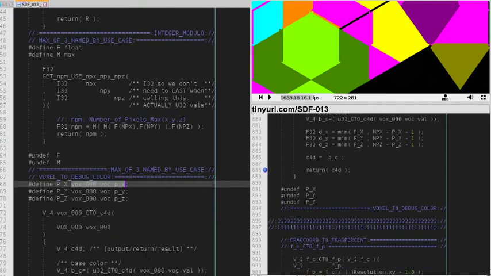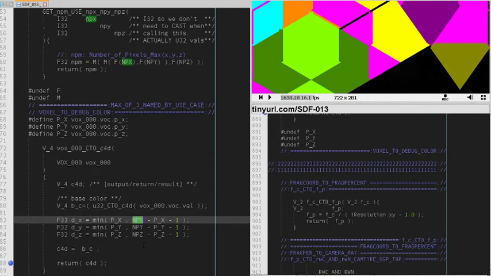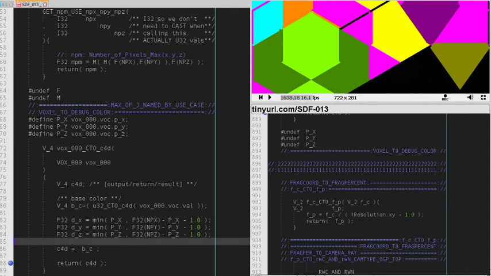Px's, y's, and z's. X's, y's, and z's. So that looks good. Now our math is probably wrong with the mixing of floating point and integers. So first of all, min is definitely a function that takes floats. And this is a float, but npx is not a float, so we have to convert this to float32. We can do 1.0 here, but this needs to be converted to a float32. So f32 of npx, npy, and npz, minus pixel x,